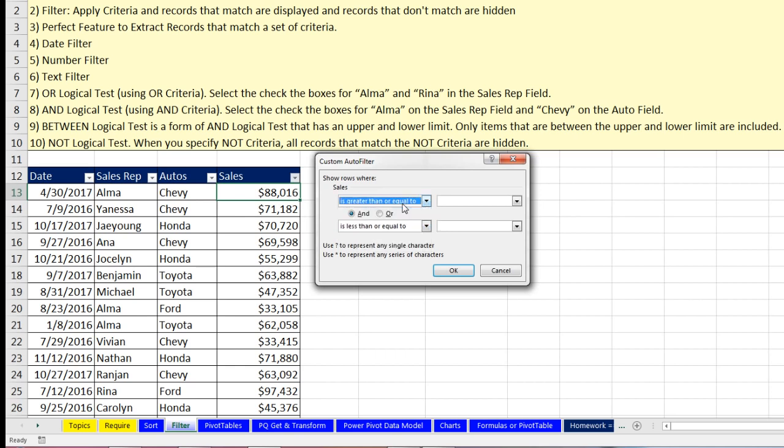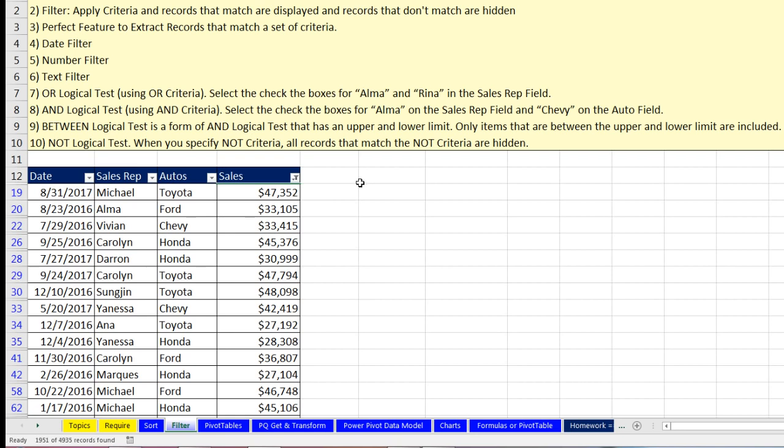In our case, we're going to say, yeah, we want to see all the values 25,000. So it has to be greater than or equal to that, and it has to be less than or equal to 50,000. When I click OK, instantly I am only seeing sales values between that lower and upper hurdle